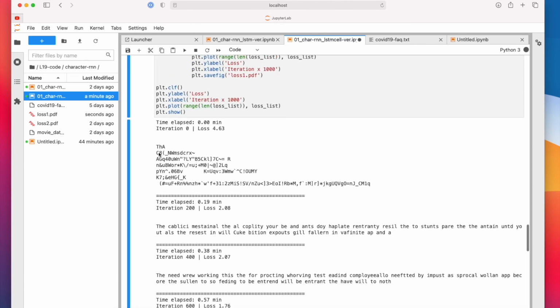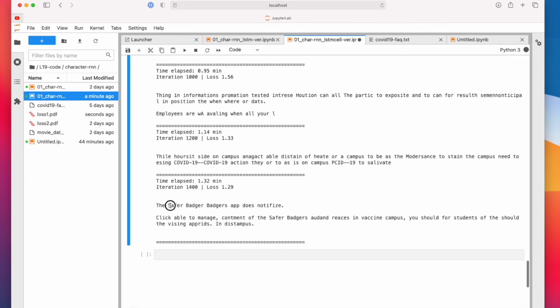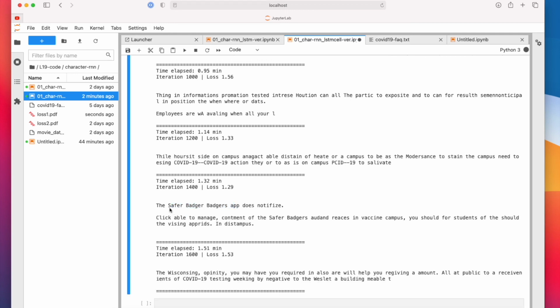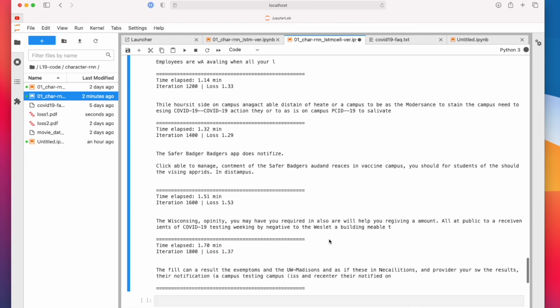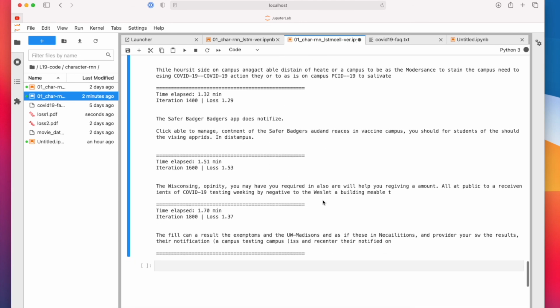If you think about it, it started from this, then went to this, and now it's kind of talking about Safer Badgers app notification system. So it's kind of learning things, right? Wisconsin COVID-19 testing. We'll have to run way longer to get some sensible outputs. Again, there are also many hyperparameters to tune.